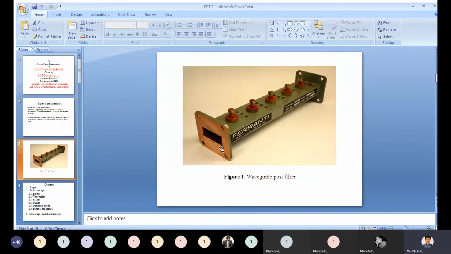The chief advantages of waveguide filters over other technologies are their ability to handle high power and their low loss. The chief disadvantages are the bulk and cost when compared with technologies such as microstrip filters. There is a wide array of different types of waveguide filters, many of them consisting of a chain of coupled resonators of some kind that can be modeled as a ladder network of LC circuits.